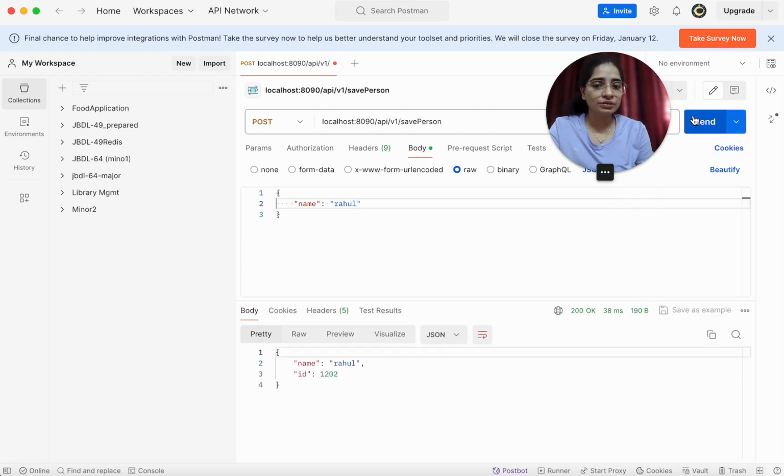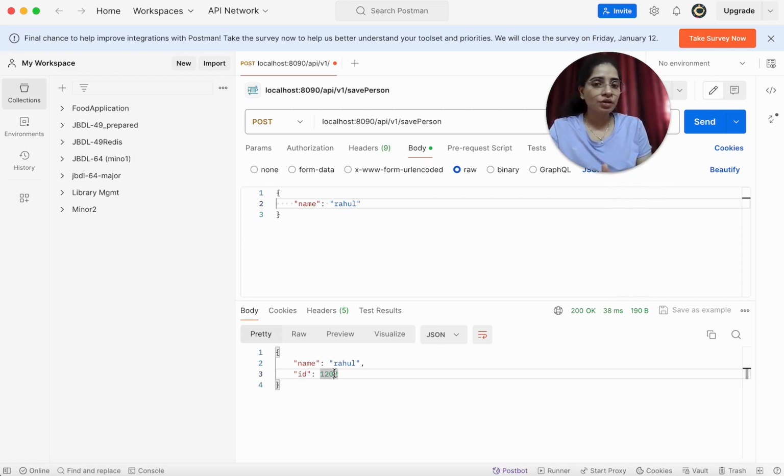I'll tell you this will be 1202, because what happens is whenever the database is looking into this ID, it is checking the maximum number available in the ID column, and then after that it is incrementing 1 to that highest number, and then it is returning you that ID. Manually you can insert any number into the ID column, but if you are inserting it through the project, it will check what is the highest number available inside this table, and then it will just increment 1 to the highest number available, and it will just return you that ID.